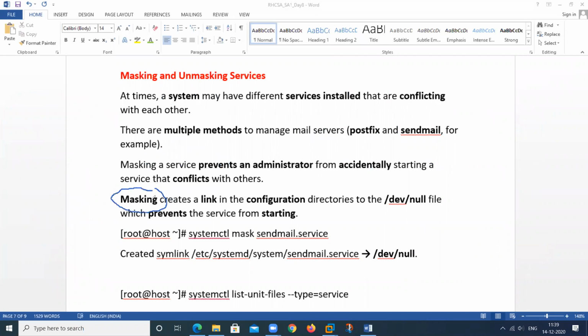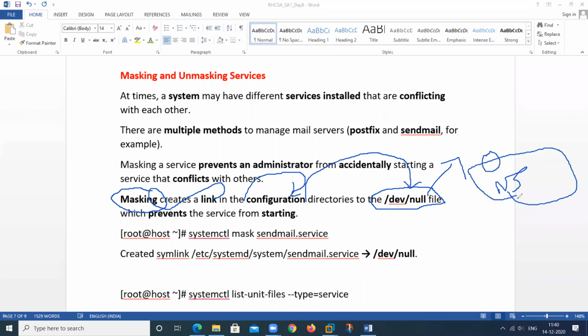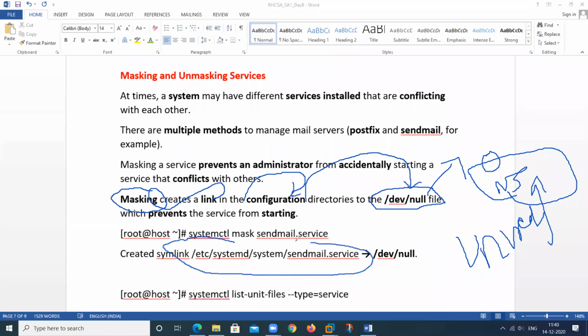By using masking, it will create a link in the configuration file. If you try to start this service, it goes to here. If we place a null value, that will be 0. 0 means not specified, so this service will not start under any condition. If you want to start this, you should first unmask this service. If the service is unmasked, then you can start it, because it will again create a link in this particular location.